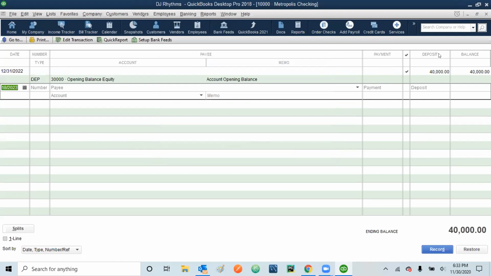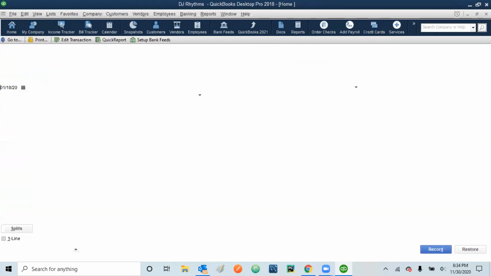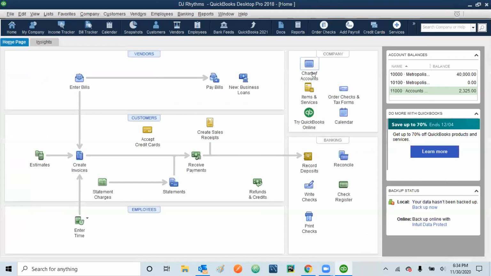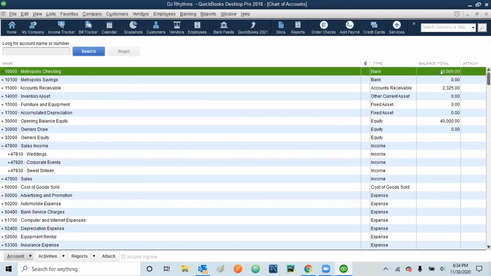So once it is done, and then close it, it's already done. And then if you open your chart of account, you'll see, because you have changed your checking account to 40,000, see your equity has become 40,000 as well. So system is taking care of that part. So you don't have to worry about it. System is already, you can say, keeping an eye on how much you start with your equity. So how much was your balance at that specific day, and then it is already updated in the equity part.